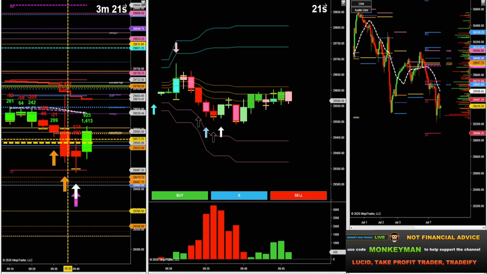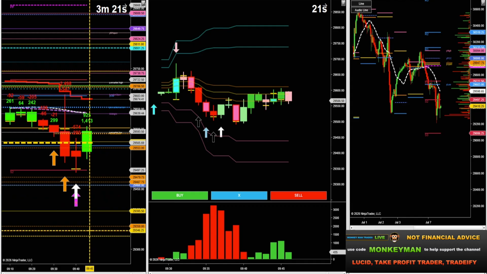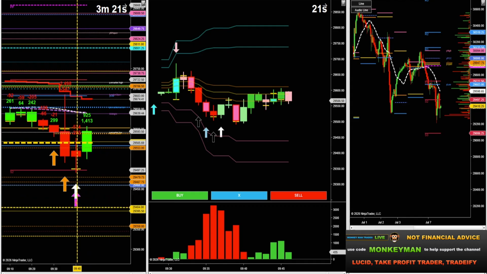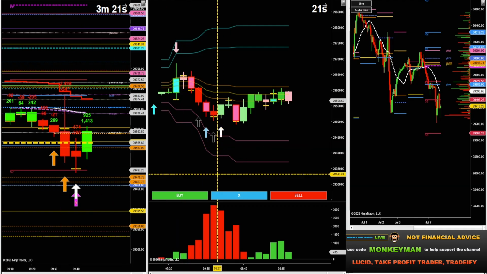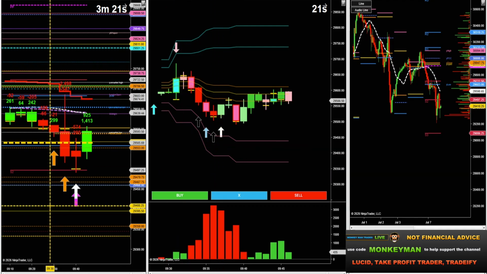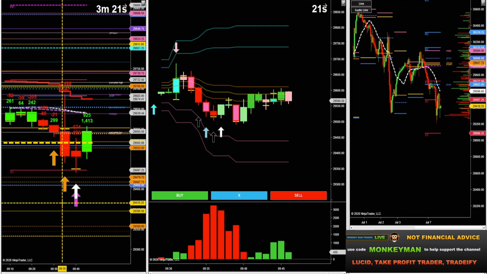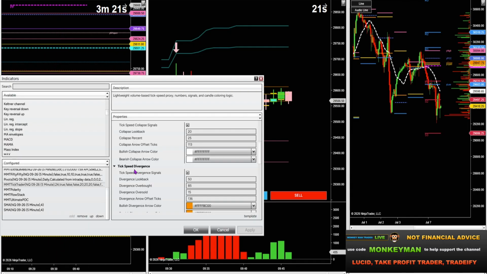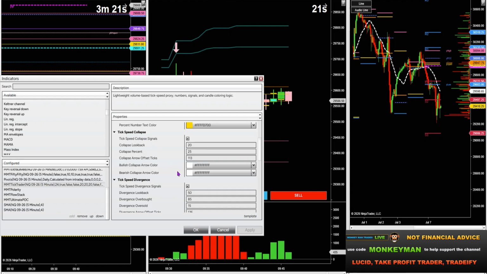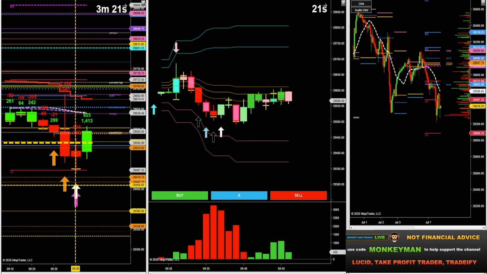Then I've got the flow stack on here showing me the delta for the NQ and the ES 5-minute time frame. I've got the MMT polarity giving me washout signals on both the 5-minute and the 1-minute charts. Then I've also got the new tick trader running in the background on the 5-minute chart. See, I've got the tick speed divergence, orange arrows, and then I've got the tick speed collapse with the white arrows. Here's a tick speed collapse signal right here on this nice 5-minute candle with the big bottom wick,